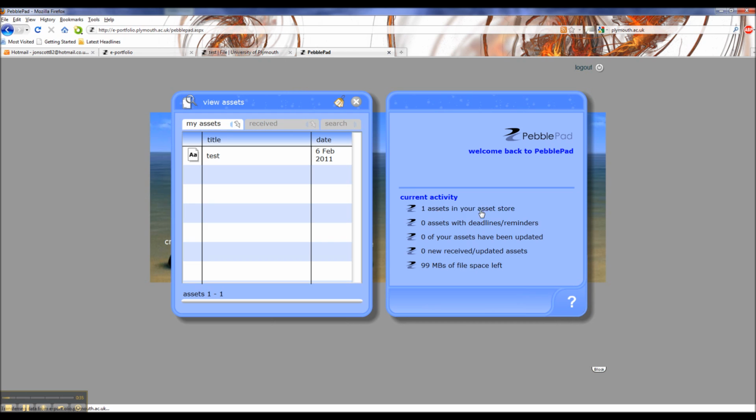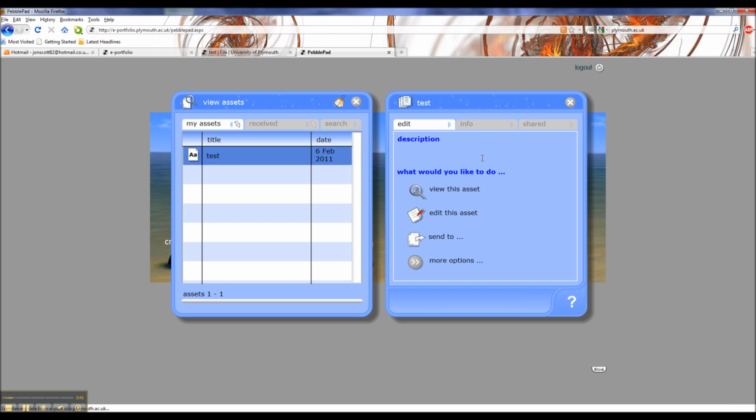So if we click on the assets in the assets store, it's going to show us a list of the assets we've got. We've just got one document in here at the moment, and it's a Word document. So if we click on this, it's then going to give you options of exactly what you want to do with it, and we can view it or we can edit it, and for the purpose of this demonstration we're going to send it to somebody. So if we hover the mouse over the send to, it gives us an option of where we would like to send it to, and what we're going to do is select person,